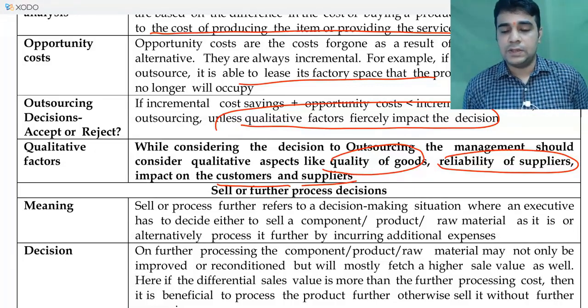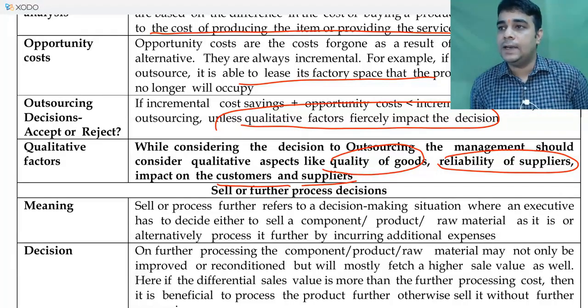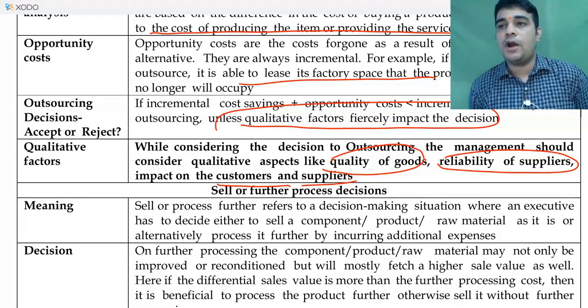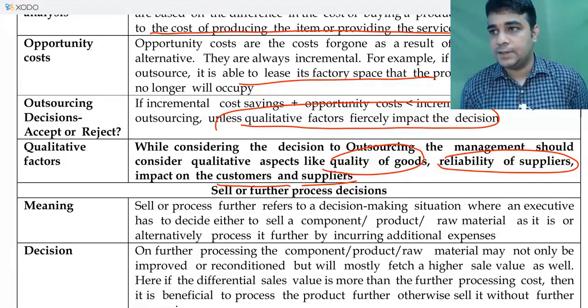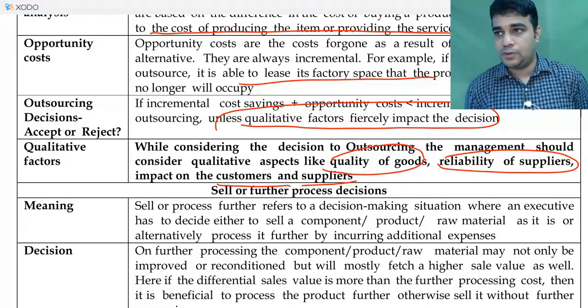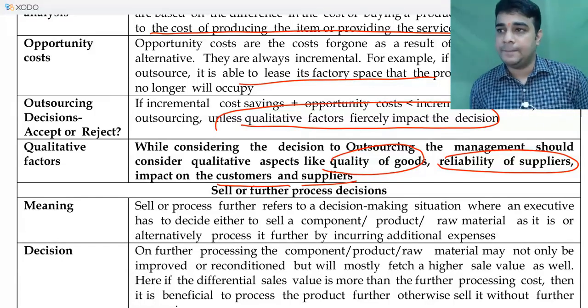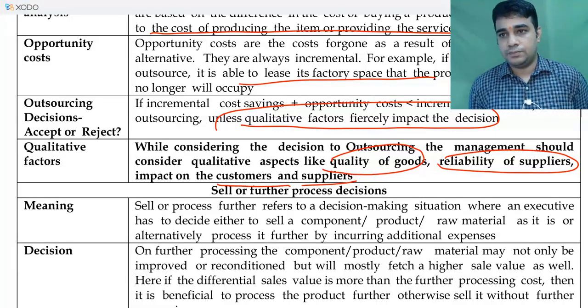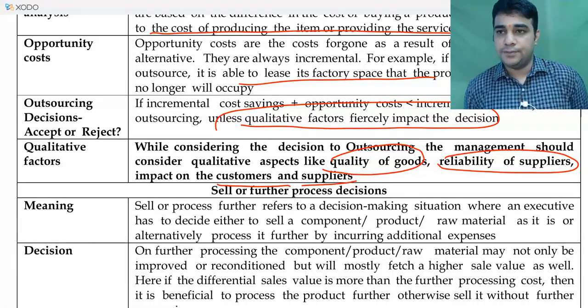There is no outsourcing here because you are just deciding to do further process. If you are not further processing, for example, you are deciding whether to sell it as product 1 or product 2. If you sell it as product 1, price is 100 rupees. If you sell it as product 2, process it further, and you will sell it at 150 rupees. So whether you have to sell it at 100 or 150 is the choice you are trying to make here. So how does it add value?